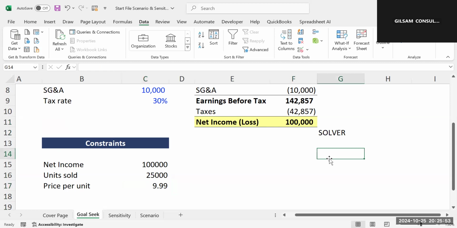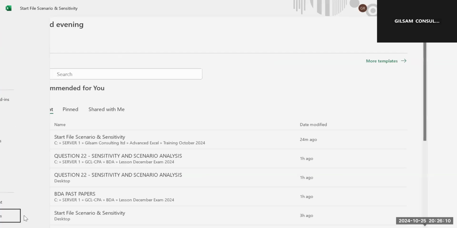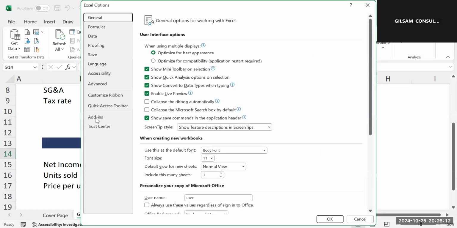So for a solver, in your Excel, if you don't have it, I think mine has it, yes, I have a solver here. If you don't have it, you go to File, then go to Options. From Options, go to Add-ins. From the add-ins, you click on